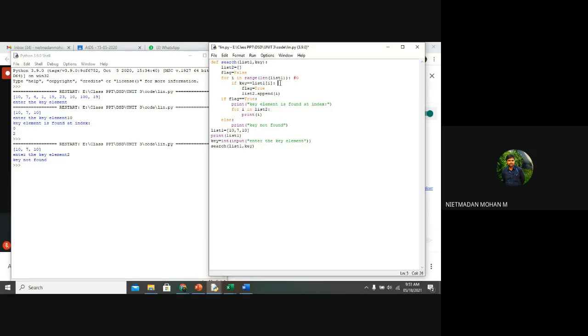If key, that means I want to search the key of 2. So 2 is equal to list 1 of i, that is list 1 of 0. So 2 is equal to 10. The condition will be false, right? Yes, sir. Again it will go to the for loop and it will take the index value